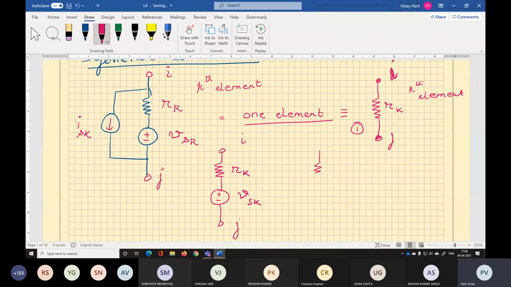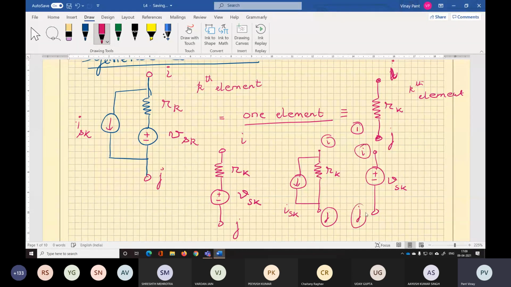Third possible variant of the general element is that it can have a current source Isk and Rk between nodes I and J. Fourth possibility is we just have an ideal voltage source plus minus Vsk between nodes I and J. And we can have another variant as a simple current source Isk between I and J.